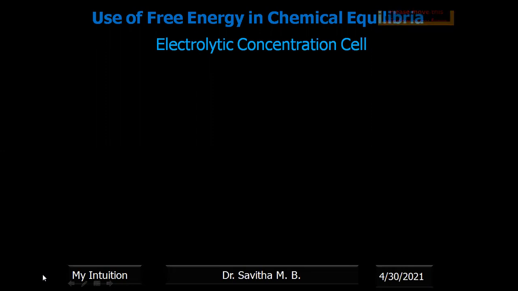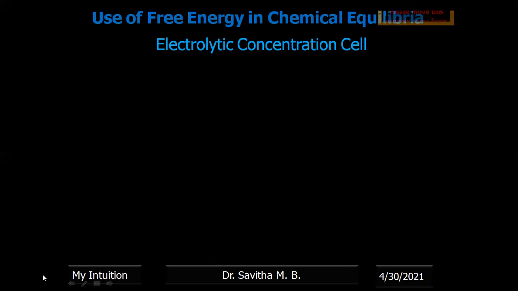Now we have discussed two electrodes, the anode and the cathode, and they are different electrodes, different metals. Out of the two metals chosen, the metal which has higher standard reduction potential will be the cathode, and the other one will be the anode. Both are dipped in the solution of their own ions, connected externally, and also connected through the salt bridge. This is what we have discussed in our previous classes.